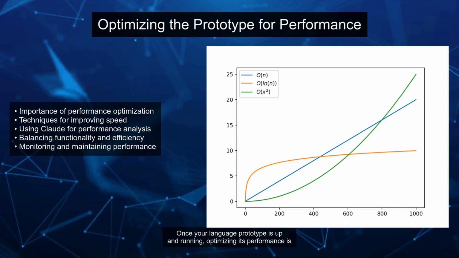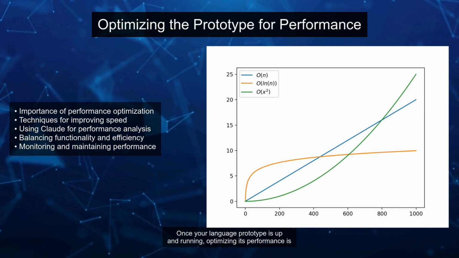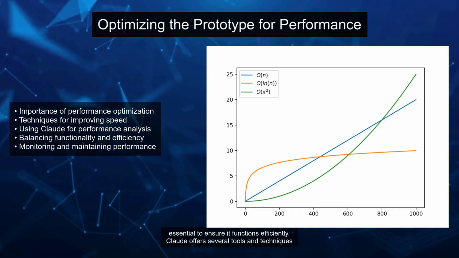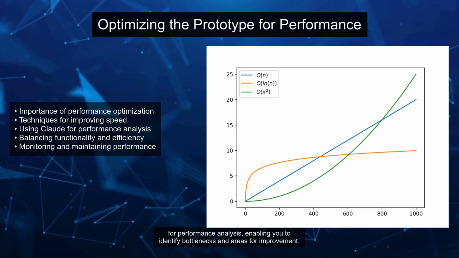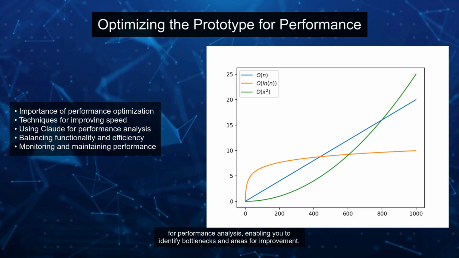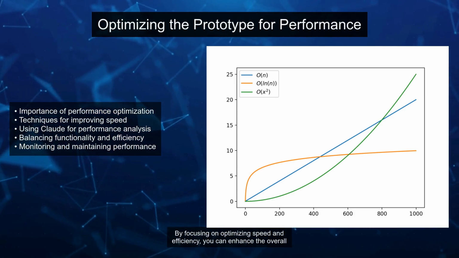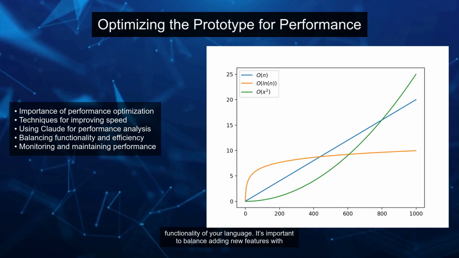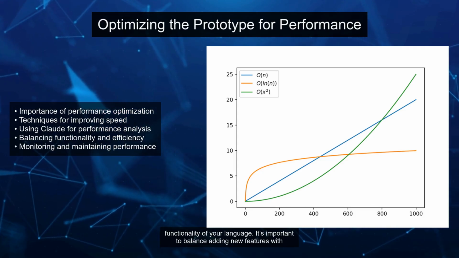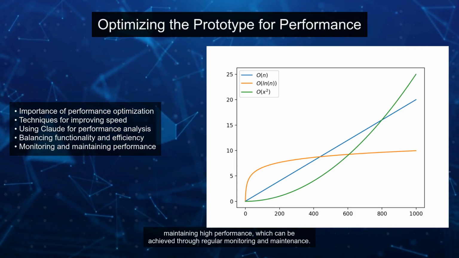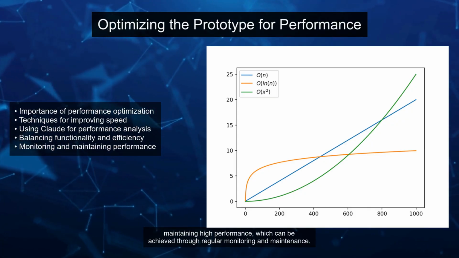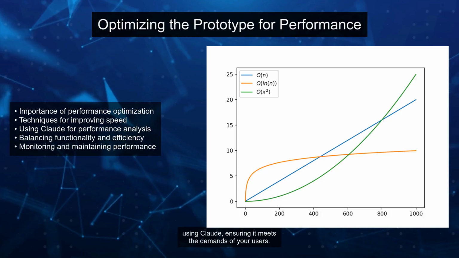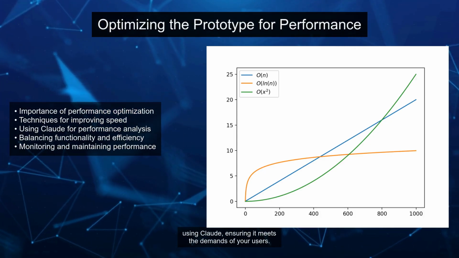integration process. Once your language prototype is up and running, optimizing its performance is essential to ensure it functions efficiently. Claude offers several tools and techniques for performance analysis, enabling you to identify bottlenecks and areas for improvement. By focusing on optimizing speed and efficiency, you can enhance the overall functionality of your language. It's important to balance adding new features with maintaining high performance, which can be achieved through regular monitoring and maintenance. In this section, we explore various methods to optimize your language prototype using Claude, ensuring it meets the demands of